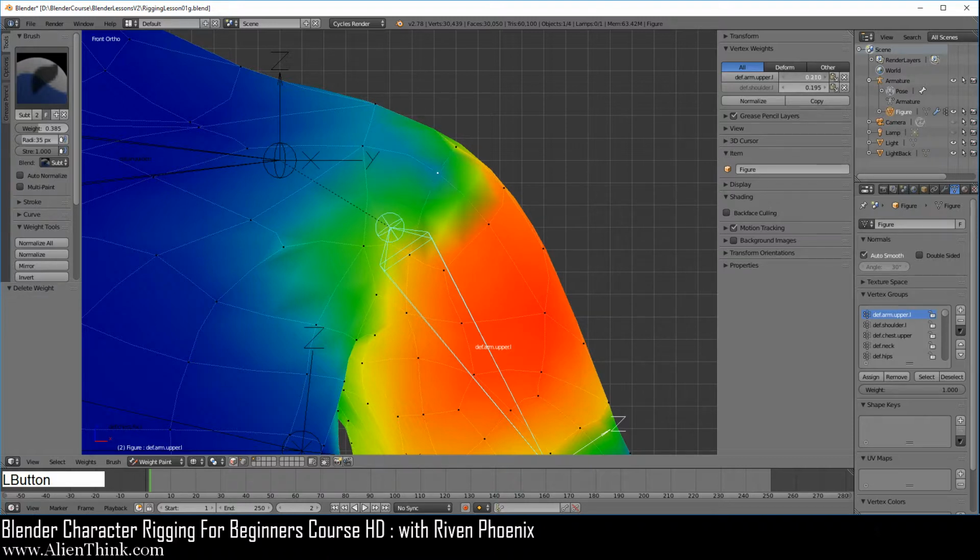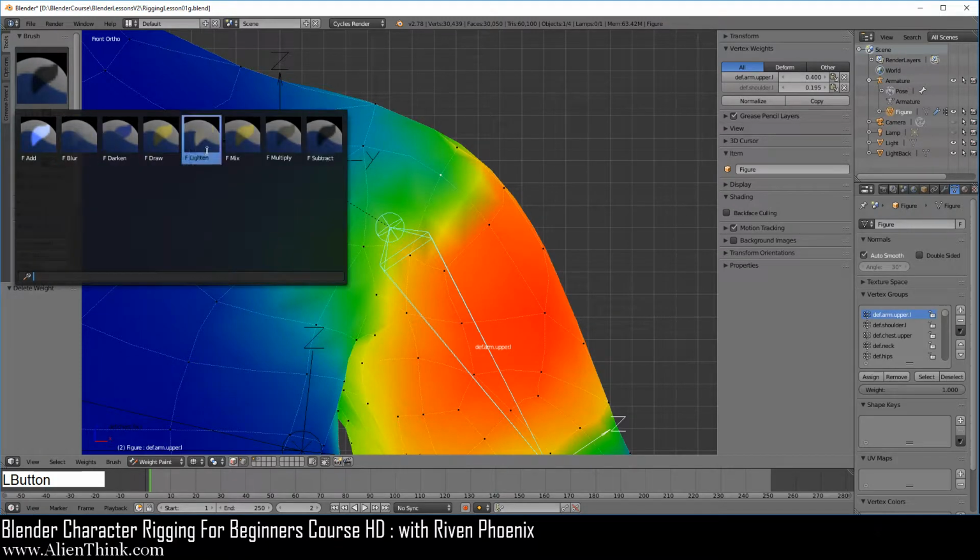Okay. So you can see that pretty much all the brushes, if you think about it, most of the brushes are basically doing the same thing, right? And the multiply is doing the same thing as subtract basically, right? And darken is doing the same thing as multiply and subtract, right? So that's how this concept works.